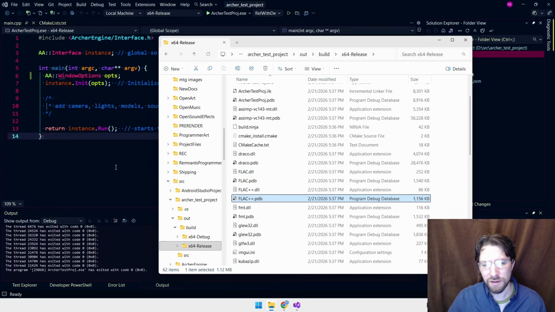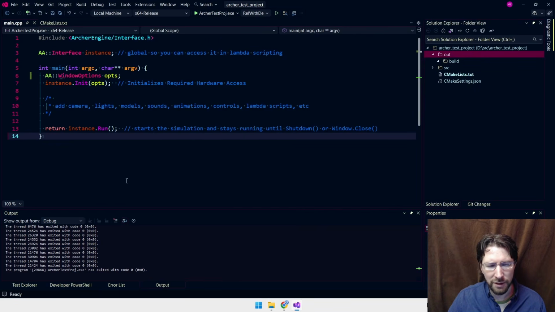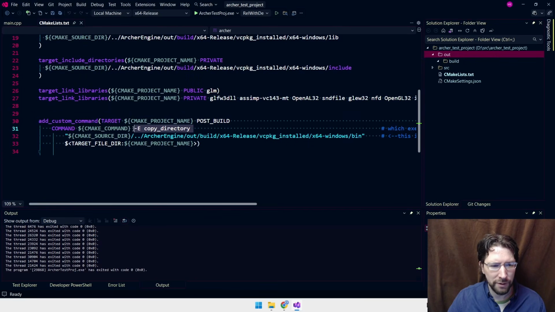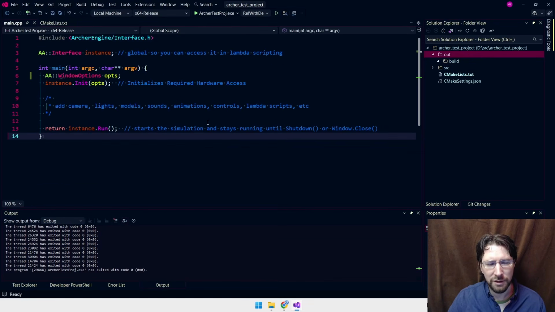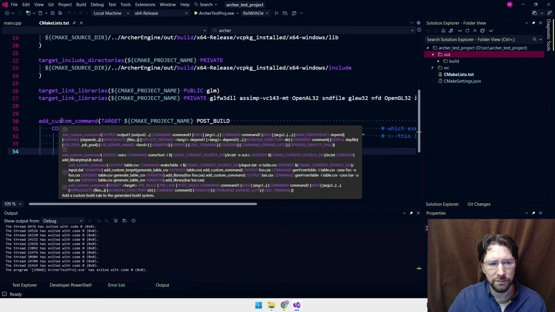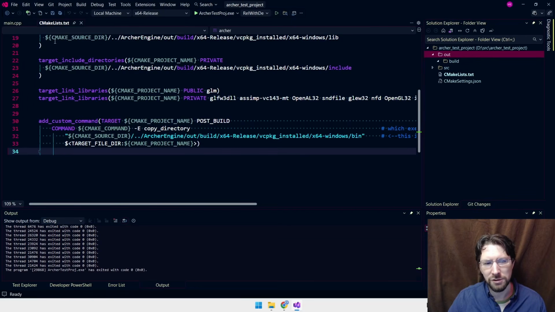Yeah, I don't think we actually need those, but they just came in anyway because in our CMake we just said copy directory, and that's going to copy everything, including those little program debug files. But I don't believe you're going to need those debug things. If anyone knows off the top of their head how to copy a directory but only certain extensions, I couldn't quite figure it out with CMake. I'm sure it's possible though. But also, if you are doing the install, it shouldn't do that either. That's just kind of a hack to get it going a little quicker.